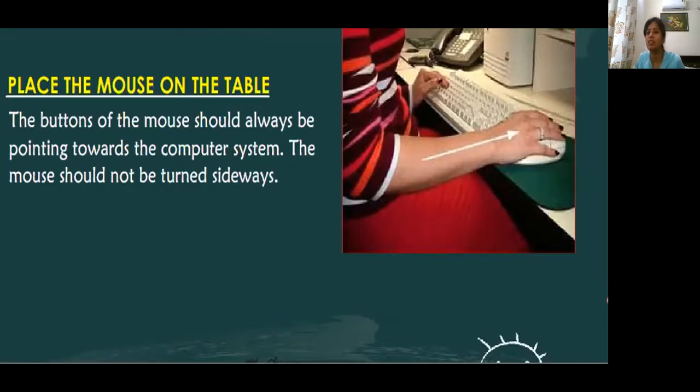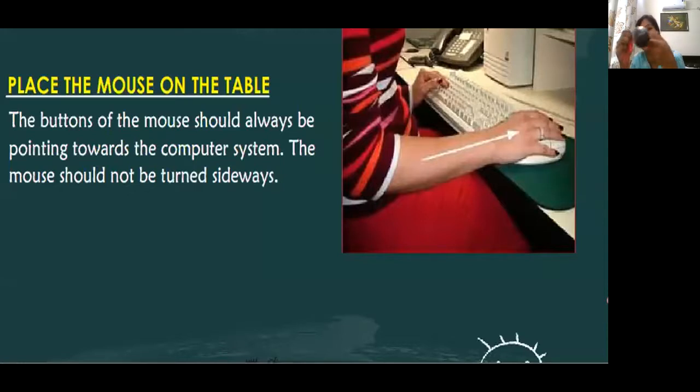Can you see on my screen? Whenever I am using a mouse, it should not be like this. The buttons of the mouse and the wire of the mouse should be towards the computer. It should be facing the computer screen.